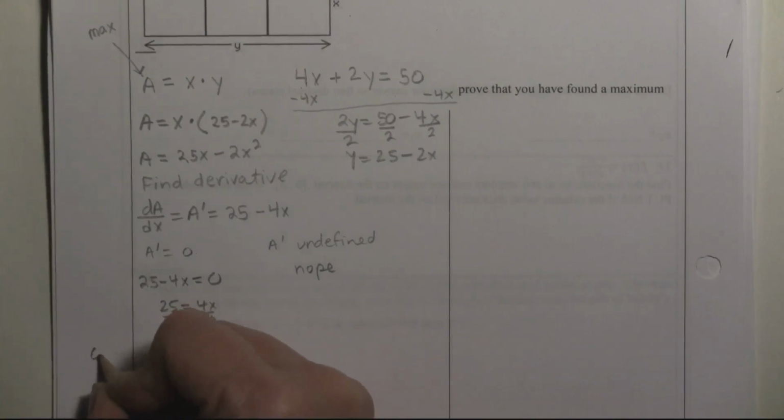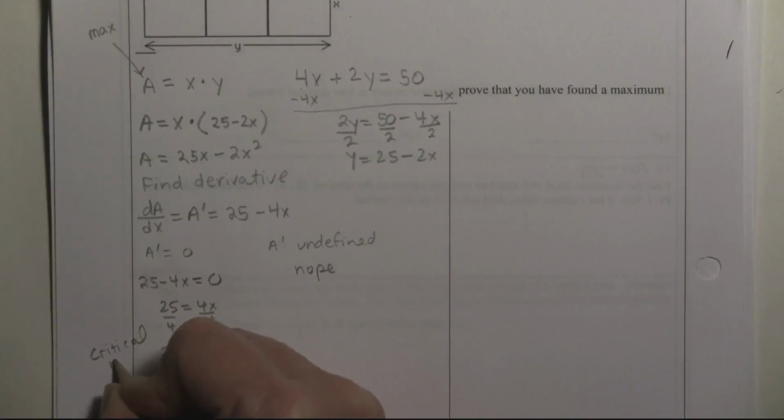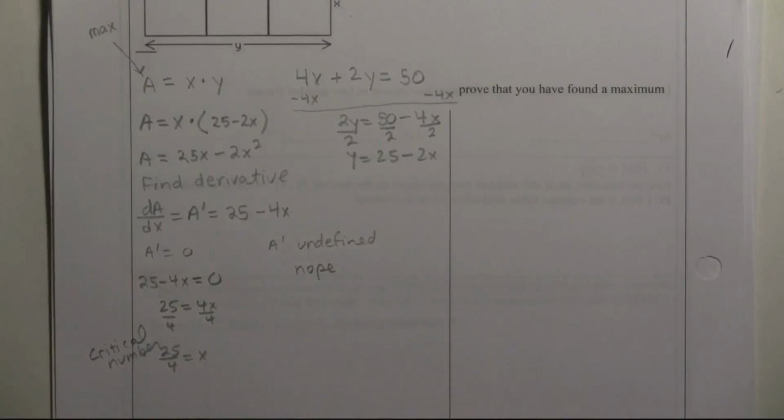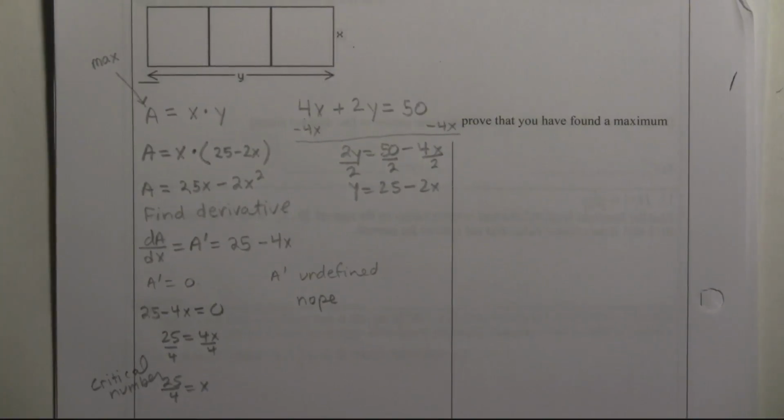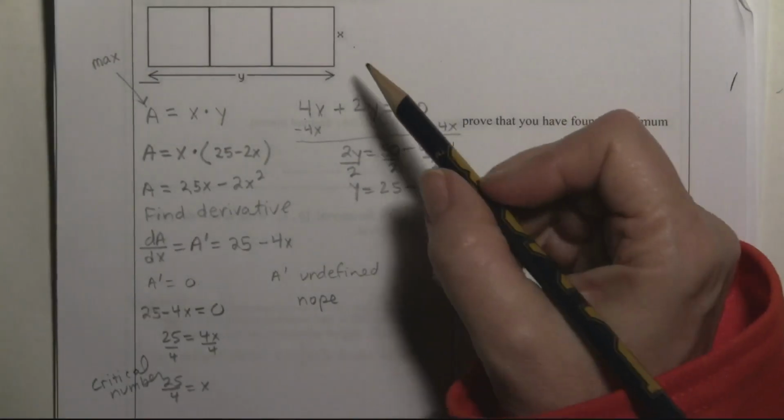Okay, so this is my critical value. I'm going to write that too. So this is a critical number, critical point, critical value. I have that, right? And I'd also like to check the endpoints. Some of these problems do have endpoints, and some of them don't. And this one doesn't have endpoints that make sense, because I could make x